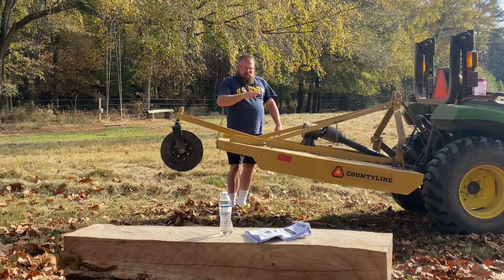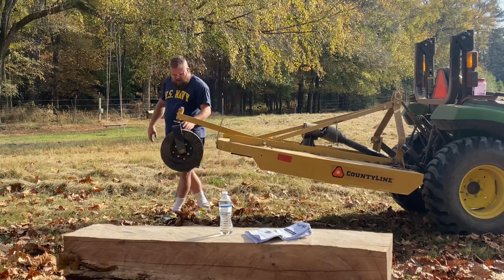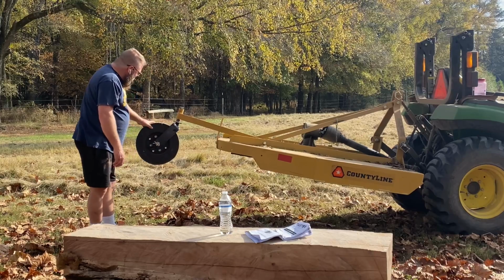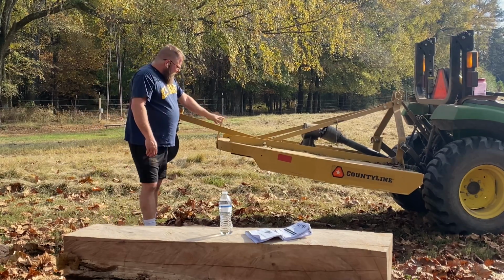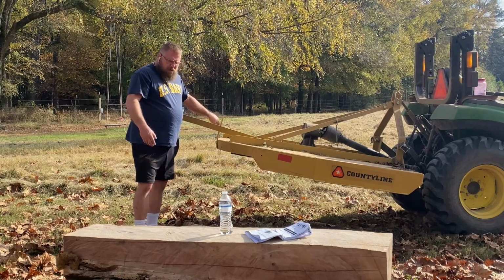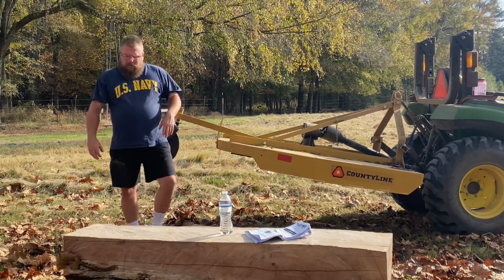And that, you know, I don't feel myself popping up on the front and doing wheelies or anything. So we'll have to put this wheel on, which is pretty simple. You can adjust it through this adjustment right here. But let me bring you a little closer with the camera, and I'll point out a couple of the features